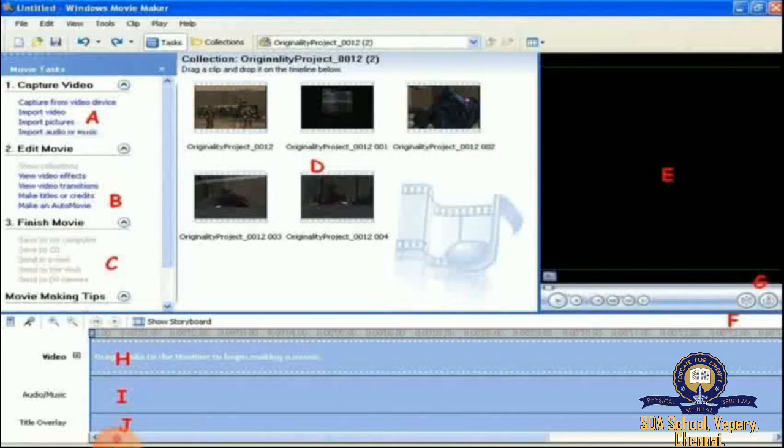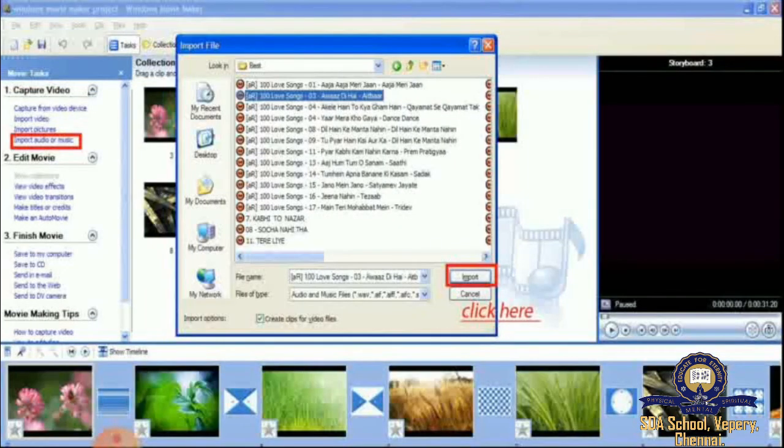Next, what you have to do is click Import Pictures from the task pane to insert pictures. The import file dialog box appears as shown. Then select the pictures for creating the movie and click the Import button to import pictures to Movie Maker.